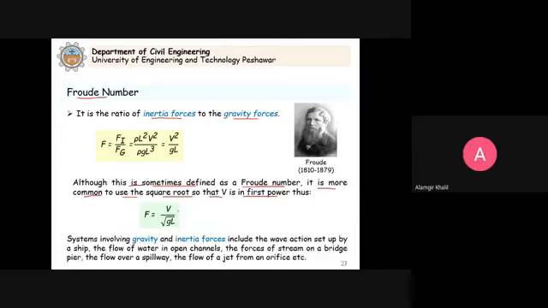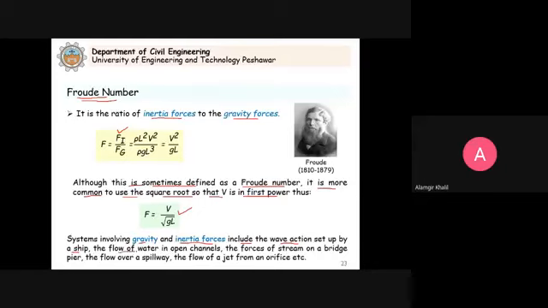So we have to consider the Froude number, which is also a pure number, the ratio of the two forces. It is dimensionless, no dimensions. That's why we say that it is a Froude number. Now, systems involving gravity and inertia forces include the wave action set up by a ship,